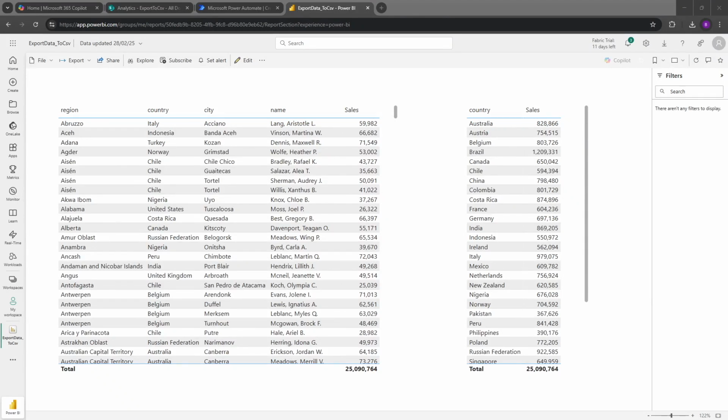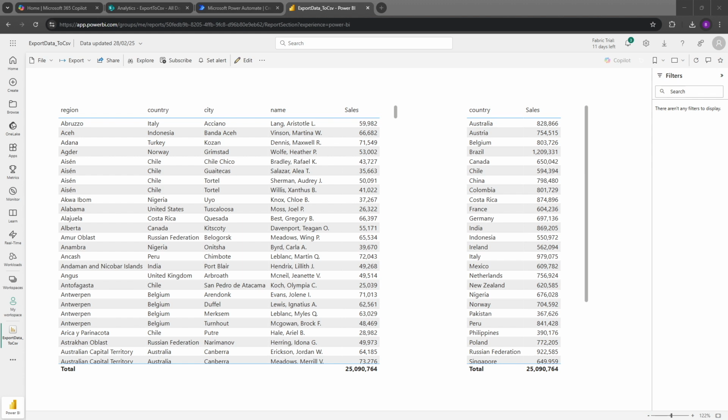So in today's video we're going to look at extracting data from a Power BI report and saving that as a CSV file on SharePoint. Typically, the best scenario for doing this is maybe your data is changing a lot every day and you want to simply maintain a snapshot of how that data looks so you can see how it is moving over